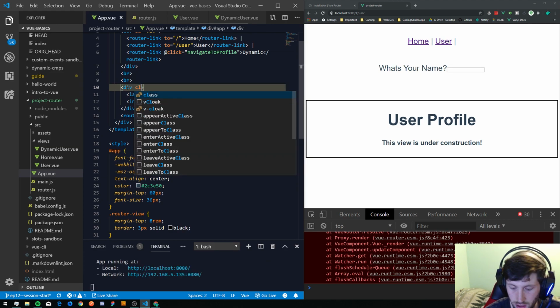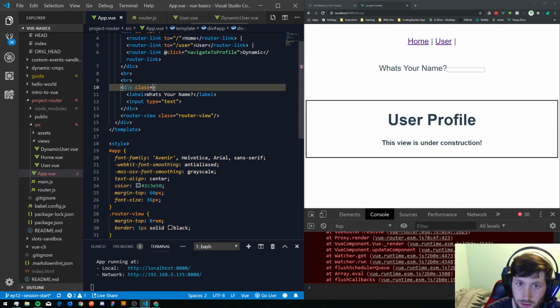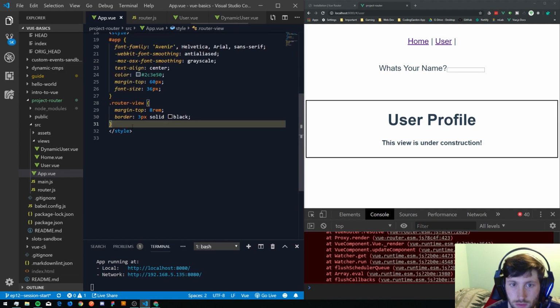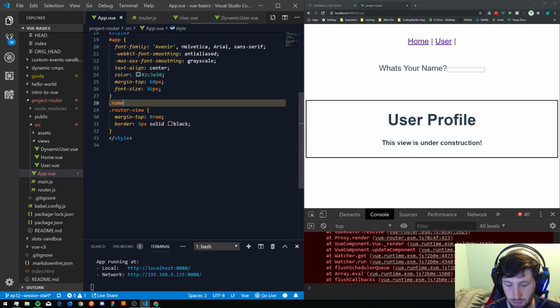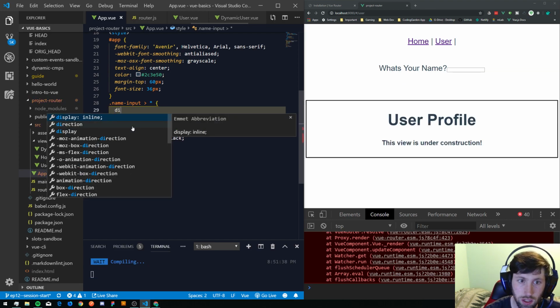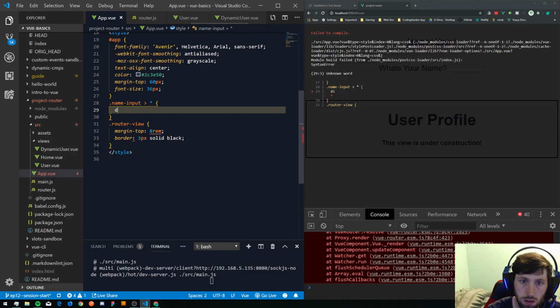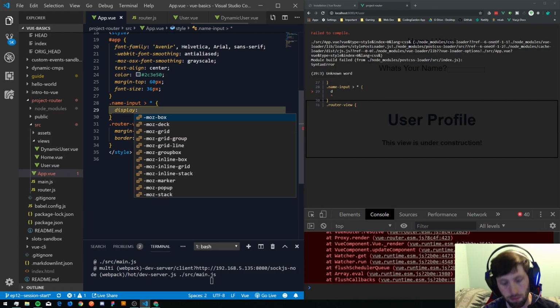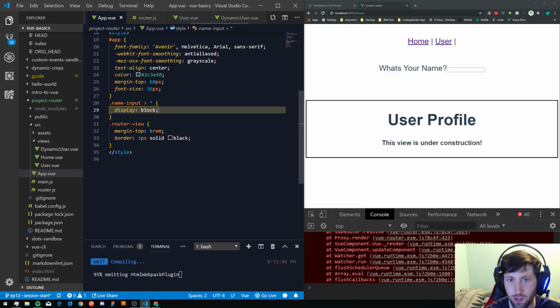We'll give this a div with the class of name-input like that, and then all the children will just say display, oops, not direction, display block. So that should